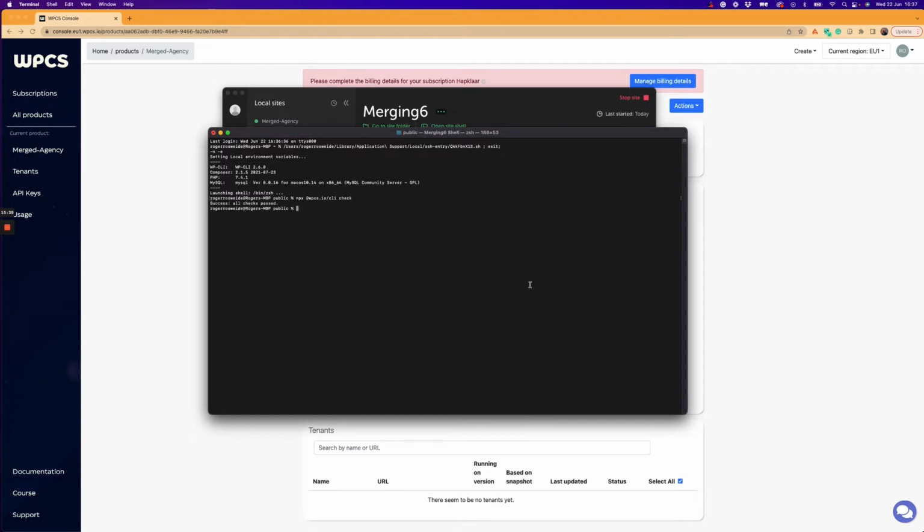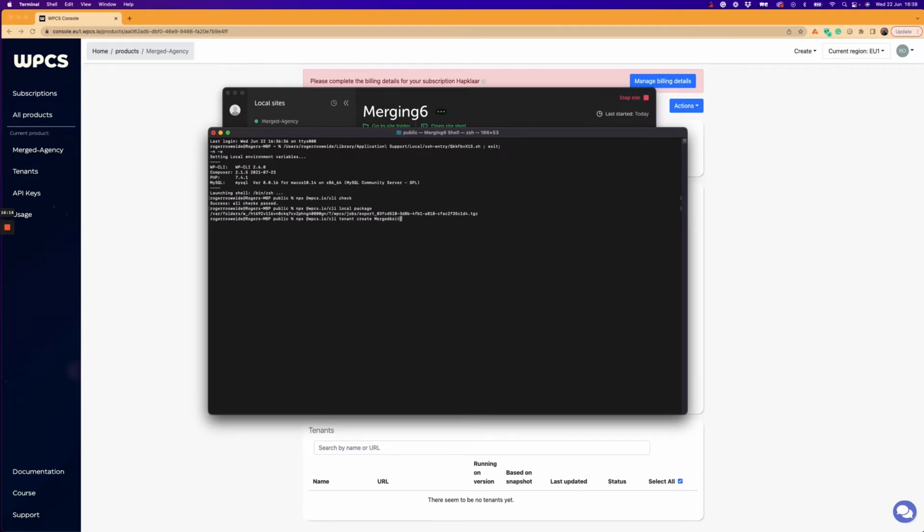So checking if everything is checked and everything checks out. And so instead of using local deploy, I'm going to say local package because this time I want my local WordPress installation to turn into a snapshot that I can then send over to WPCS as a tenant. And so what it has done right now is it has given me a path and I've copied it, pressing up just as before. I'm now telling the terminal to create a tenant, and this one I'm going to call merged 6 site,